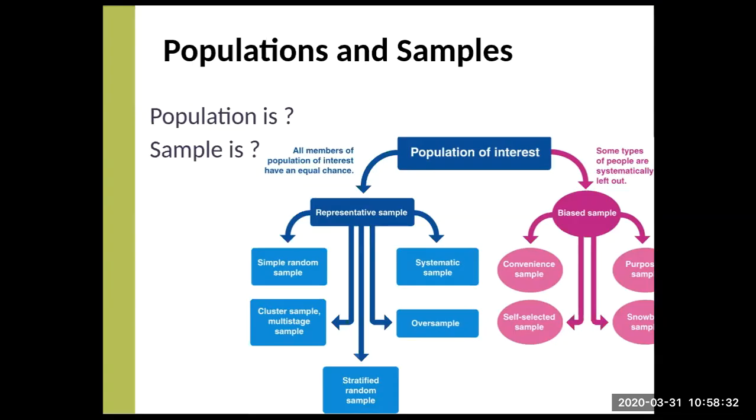So we have 5 types: simple random sample, systematic sample, cluster sample, multi-stage, oversampling, and what we call stratified random sampling. But that's not always feasible. And a lot of these polls that we see online and things like that, that we're taking very seriously, are based on biased samples. So whether it's convenience, purposive, snowball sample, or like I talked about with these polls online, self-selected samples,